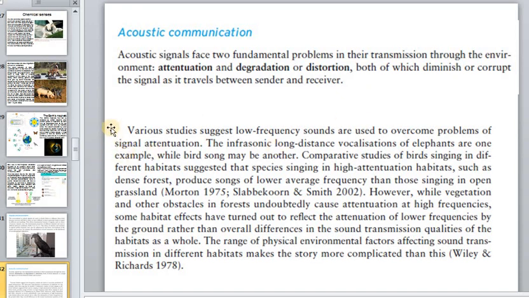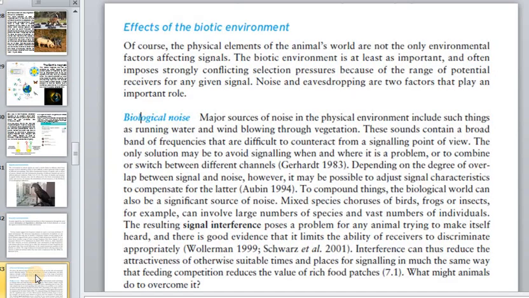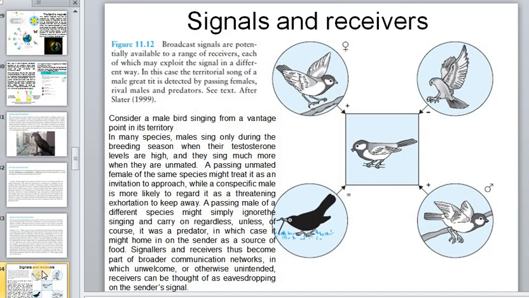Various studies suggest low frequency sounds are used to overcome problems with signal attenuation. And one more effect of the biotic environment is biological noise, which you know about, in signals and receivers